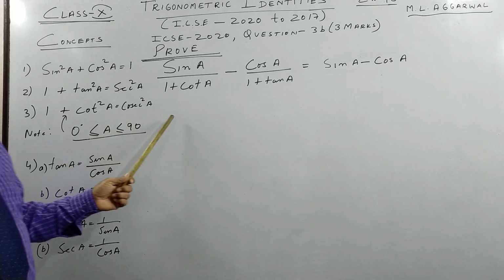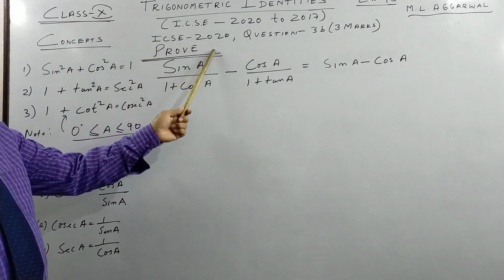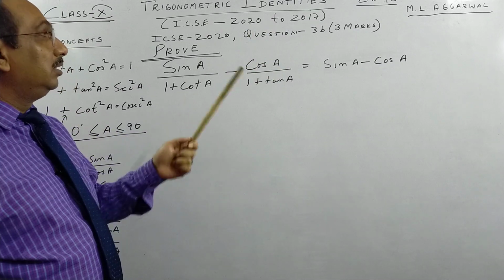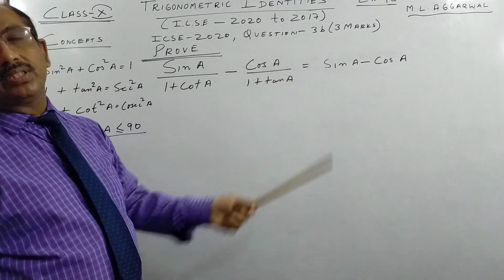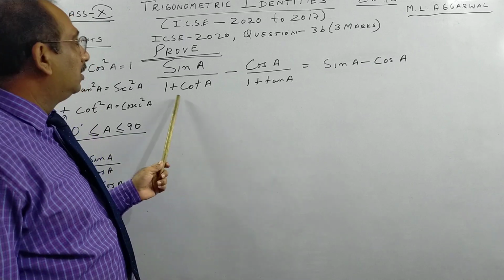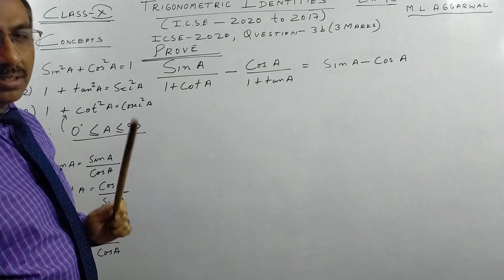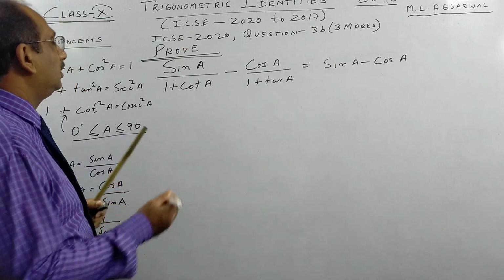Here we start. I am starting with an ICSE 2020 question. Generally, children, you always have a 3-mark question in Section A, the compulsory section. So from question 3B up to question 4C we have Section A. So this is 3B of the year 2020, the latest question of ICSE. So how do we go ahead with this?